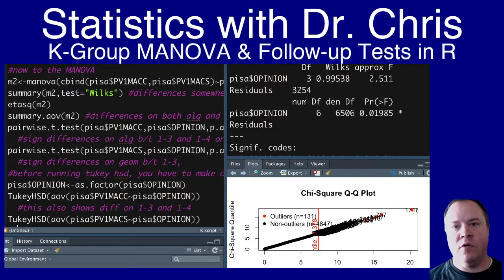In this video, I'm going to be talking about how to conduct a MANOVA in R using more than two groups. So we call this a K-group MANOVA. In the last video, I talked about how to do two groups and walked through some assumptions. In this video, I'm also going to walk through how to conduct some follow-up pairwise tests for post-hoc after the